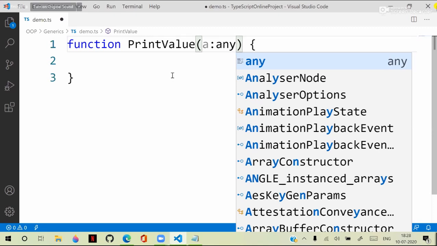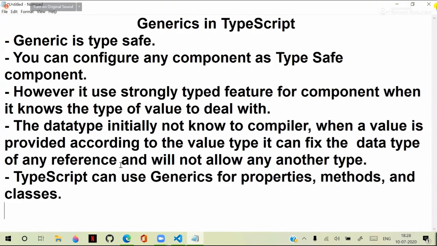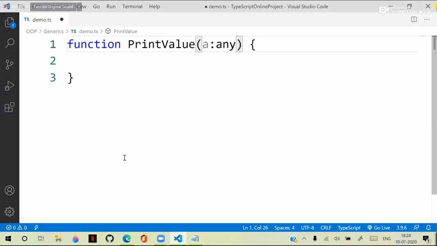So the main concept here is, generics allow us to design components so that users can consume the component and use them for their own types. That we will see practically. So let's see one example. Suppose we are using print value. This print value doesn't know what type of value comes. Then what we have to do is